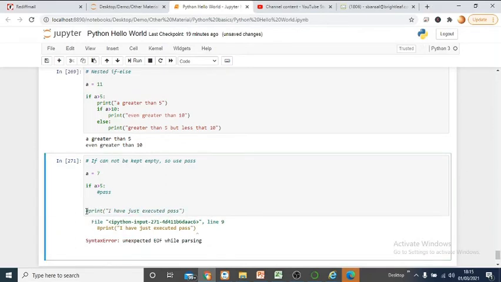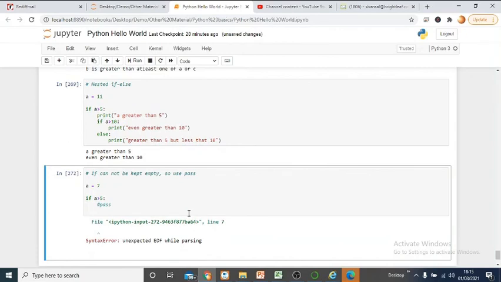You can comment this as well. So the system has given you an error, unexpected end while parsing, right? Because there is nothing in it. Okay, let me delete it so that it will be clearer. Here you see there is nothing in the if condition, and that's why it is giving you an error. This is a very peculiar situation where people normally do not realize while coding why the system is failing, and this is one of the issues.